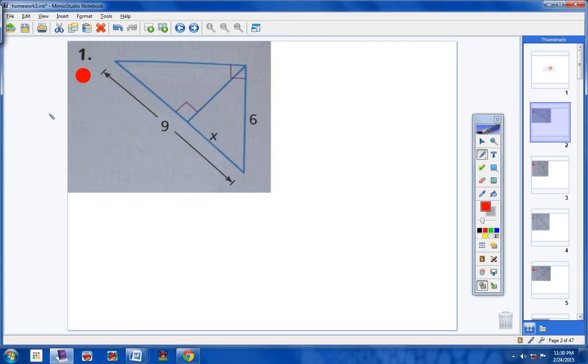Okay, problem number 1. Numbers 1 through 4, the directions say to find the value of x. Now, students, here's what I want you to learn. Please listen carefully. Whenever you have a right triangle, like we have right here, and there's an altitude drawn inside of that right triangle, and the altitude is drawn from the right angle to the hypotenuse like this, and of course, by definition, an altitude forms a right angle. Okay? When that happens, this side right here, students, is the geometric mean of this length here, and the entire